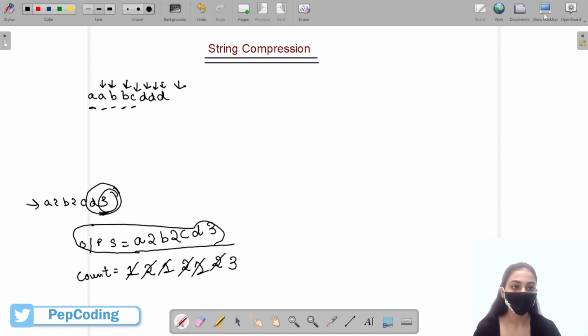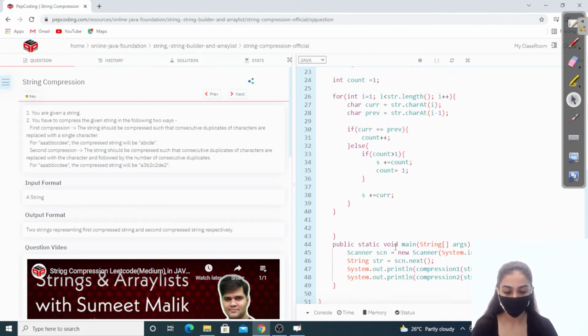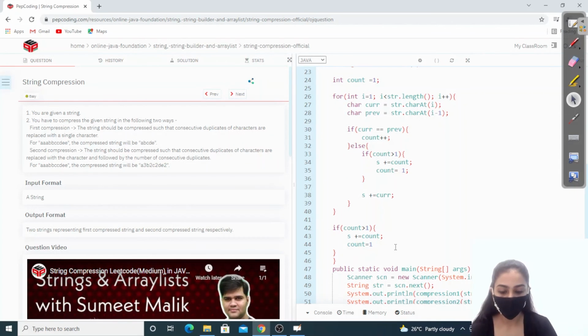So for this, we have to check the condition. If count is greater than 1, then we'll add s plus is equal to the count, right?